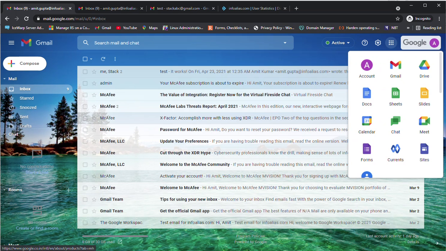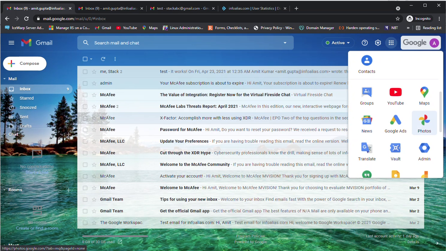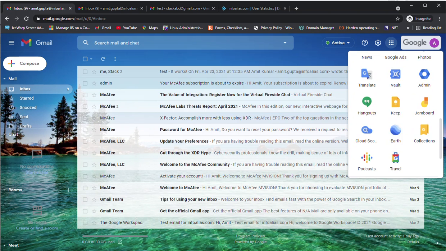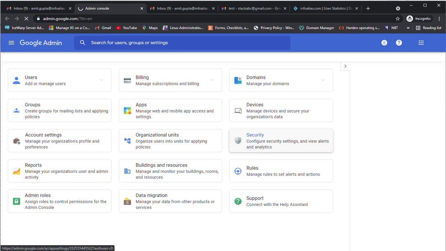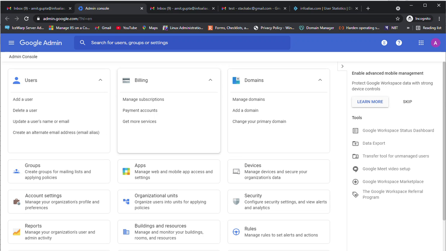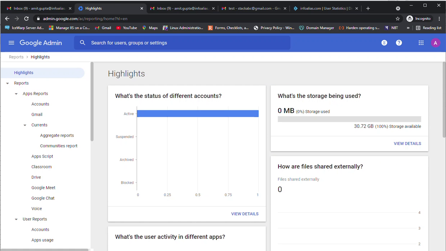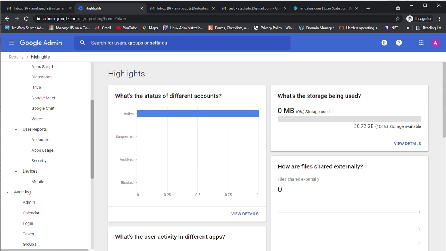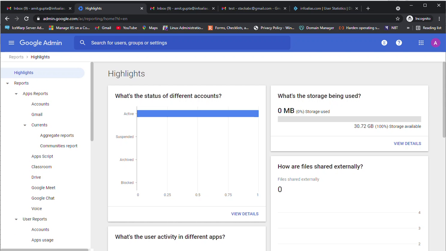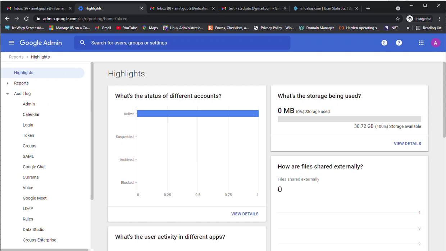Now we will go on the admin tab inside the Google Workspace applications, and this is the icon which is used for the Google Admin Console. Now I have just logged in on Google Admin Console, and I can see various tabs are available over here. In all these tabs we will click on the reports, because currently we will learn about reporting, and this is really a critical part of Google Admin Console, and very important for the Google administrator who is managing Google Admin Console.